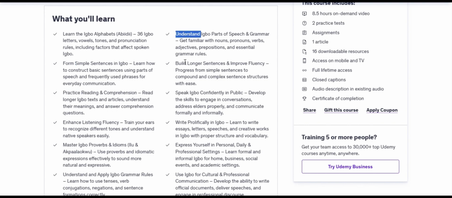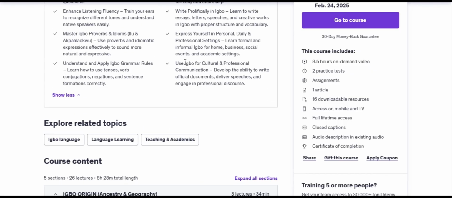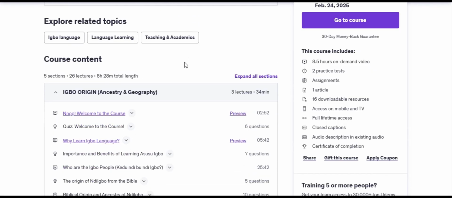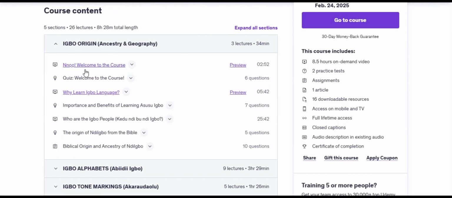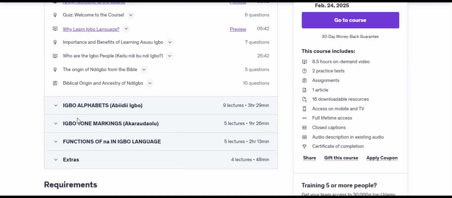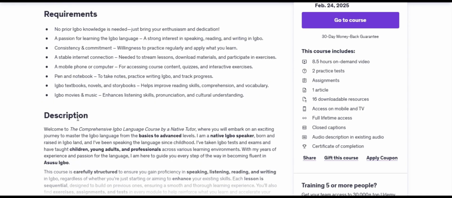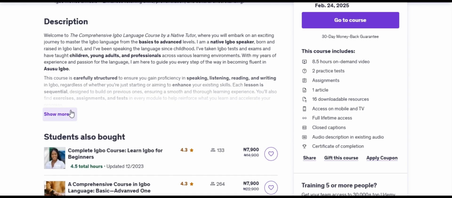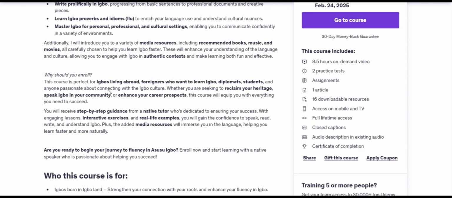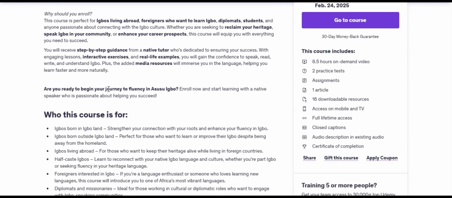The long-awaited Igbo course is here. Our comprehensive Igbo language course has been launched and it's now available for you to enroll. This Igbo course is comprehensive and complete and is a very detailed basics Igbo course that focuses on the foundations